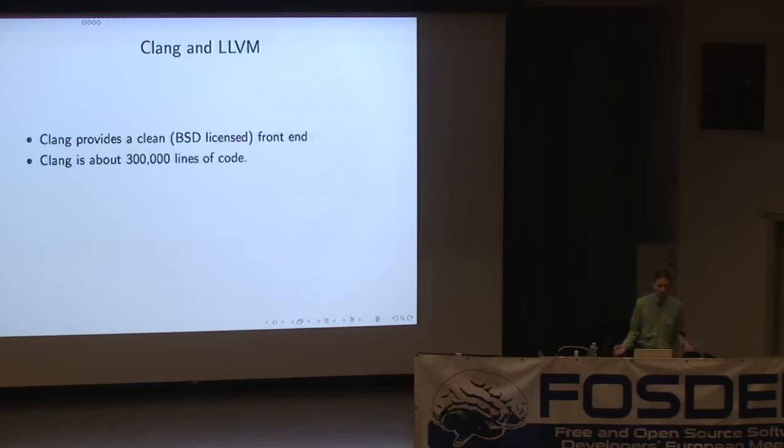Now, Clang is not a small code base. It's actually pretty huge, and that's great, because it means Apple's doing loads of work for us for free. Of these 300,000 lines of code, about 2,000 are specific to the GNU runtime. And a lot of those actually don't really need to be.